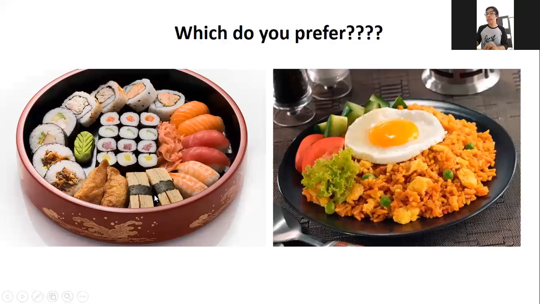So let me show you the next slide. For example, during conversations, when you interact with your friends, someone offers you a choice: which do you prefer, sushi or fried rice? This is also a kind of choice that you have to respond to. Someone asks about your food preferences, whether you like sushi, Japanese cuisine,